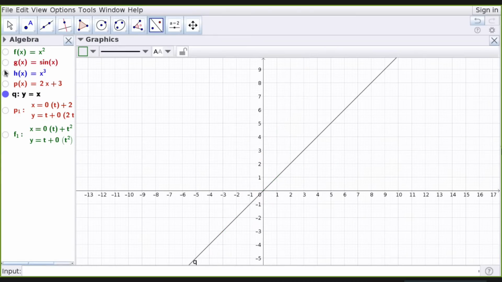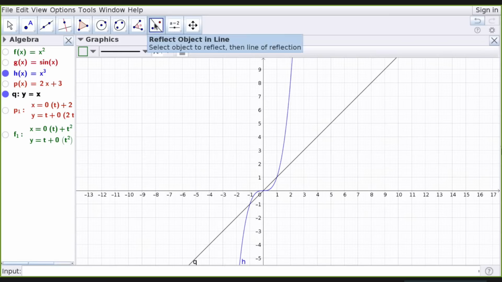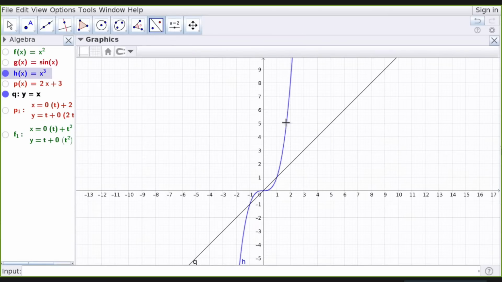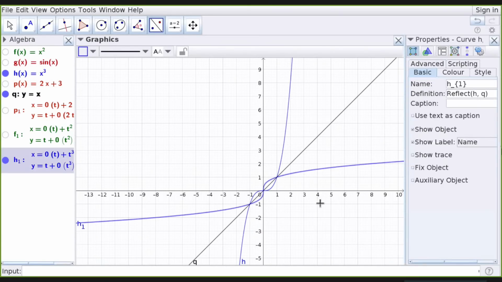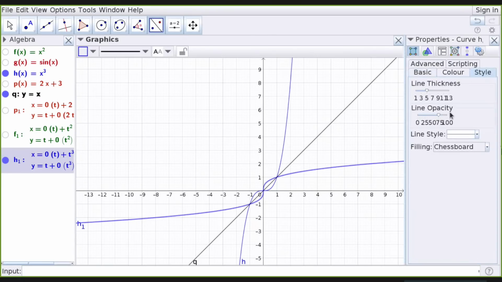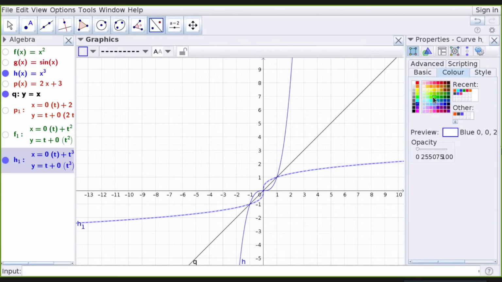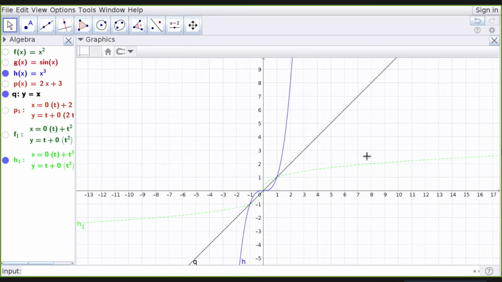I will select x cube and I will select the reflect tool, click, then click. I got another line here. You can change its color or you can change its style as some dotted line with a slightly different color. So you can see the dotted line is the reflection of the blue line.